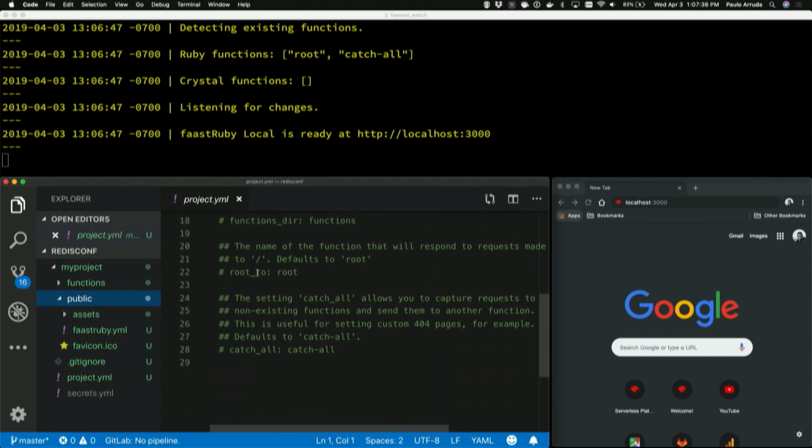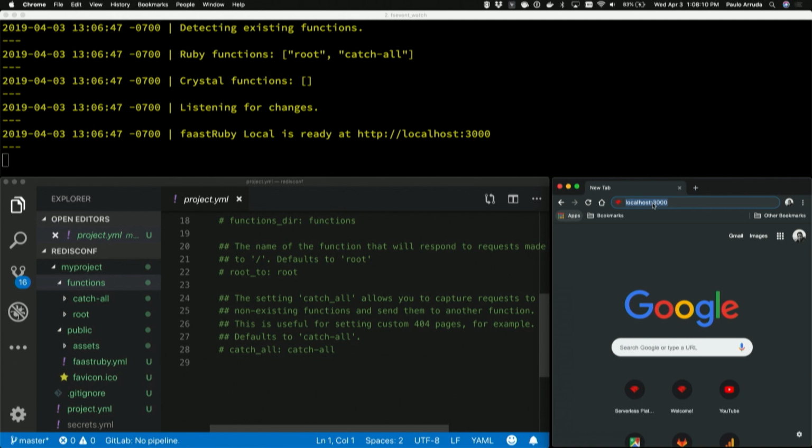I didn't really want to build a framework. I wanted this to be not opinionated at all, so I didn't want to create routes and all those things. The only thing I really have to set is a root route, because there's no way around it. You guys will see why. And the catch-all is just to pick up every time that you try to execute a function that is not there, or load a static file that doesn't exist. That way you can have a nice dynamic response. So every time that happens, it invokes a function called catch-all.